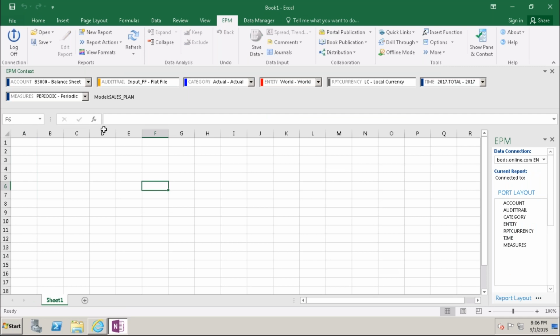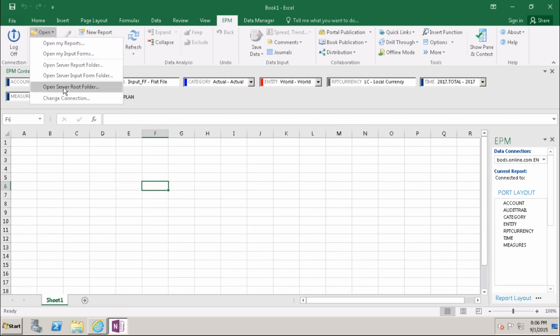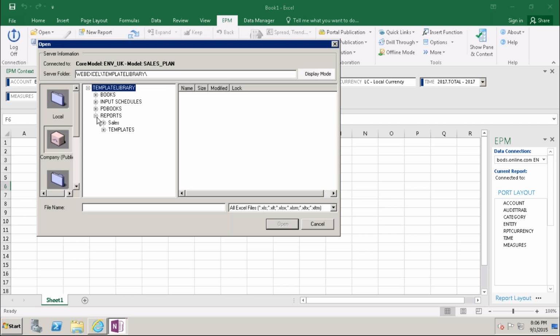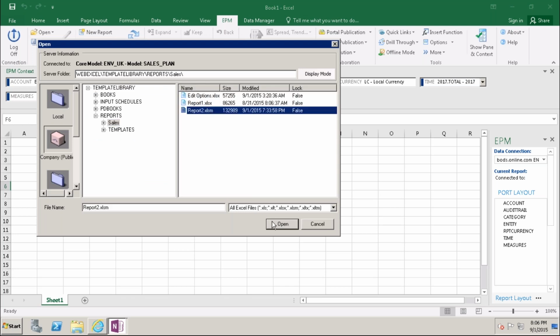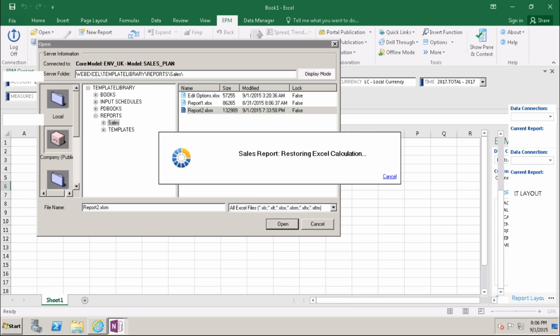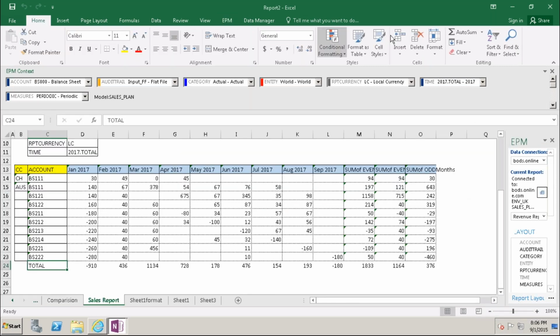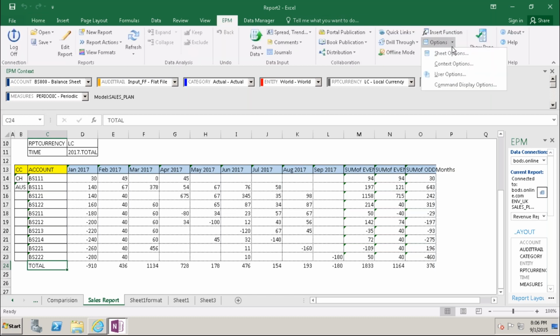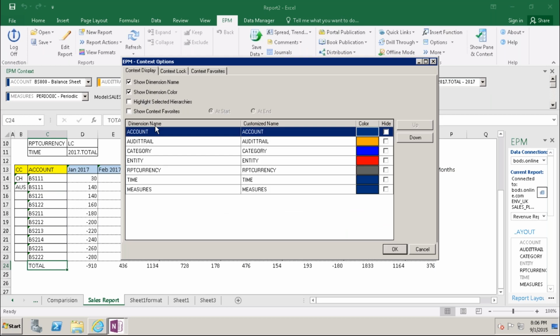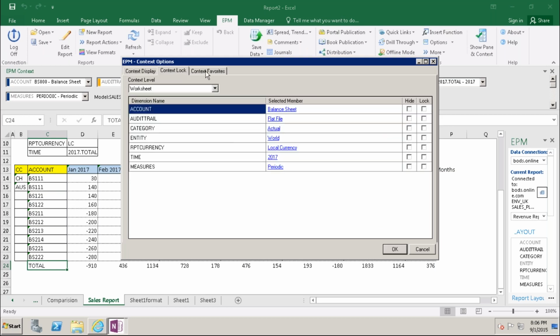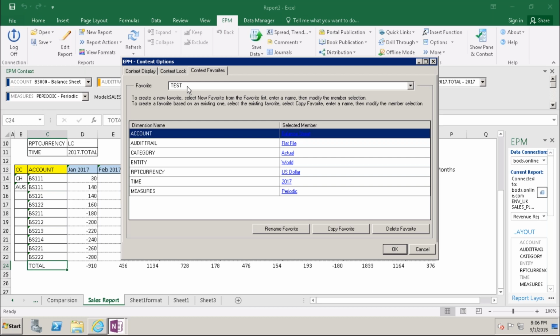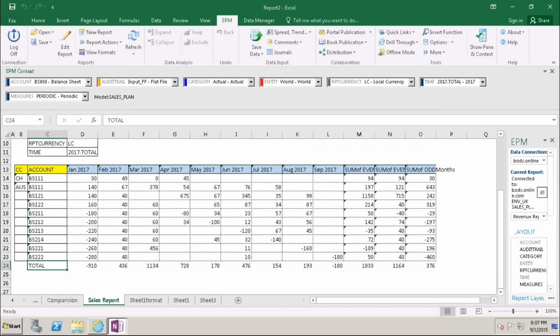I don't want to save here. Just open the sales server. EPM options, context options. Here context locks, context favorites, test I have. Click OK. Refresh.